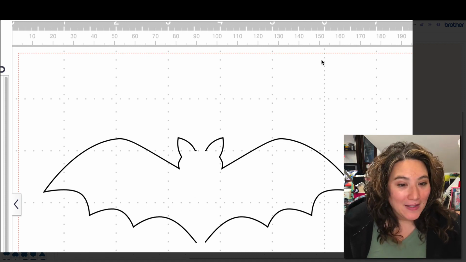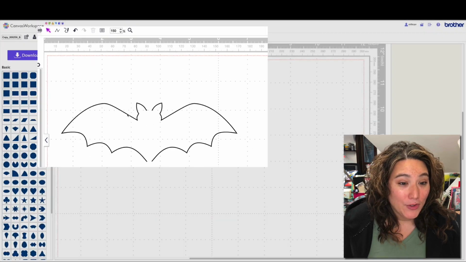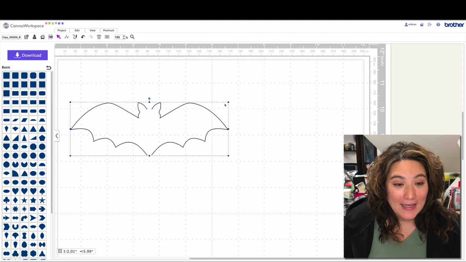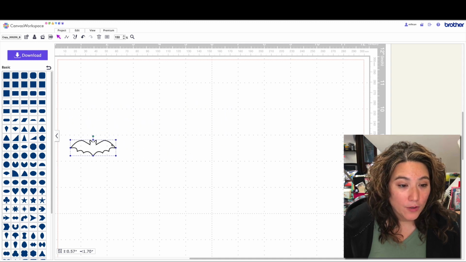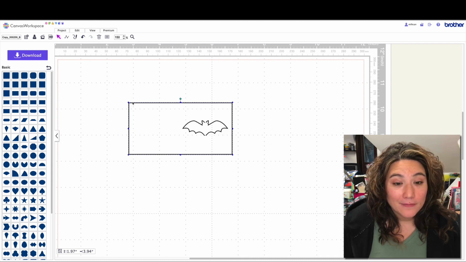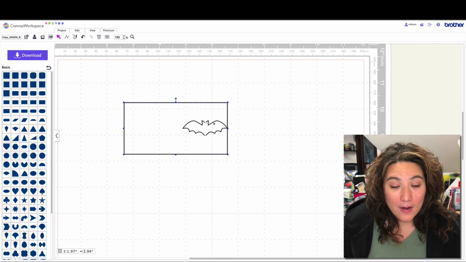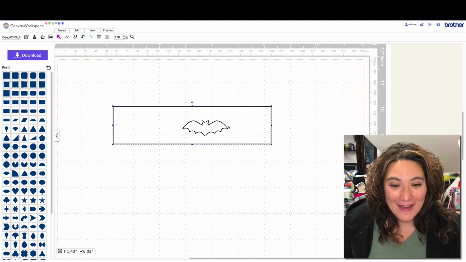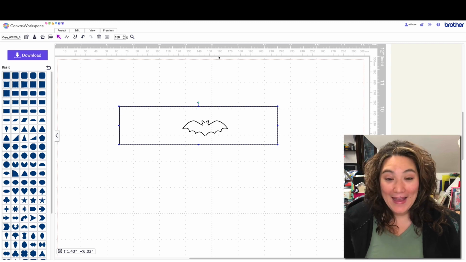So now I can have lots of fun creating a custom file. So this could be the front of a card. It could be all kinds of things. I'm going to resize it just by dragging at the corner. And let's grab a rectangle. And now I can put my bat inside my rectangle, and I can go ahead and cut this out,